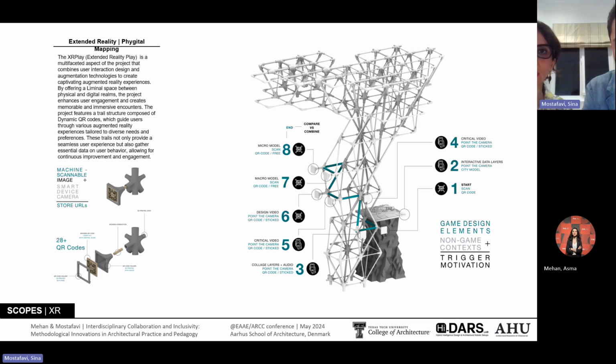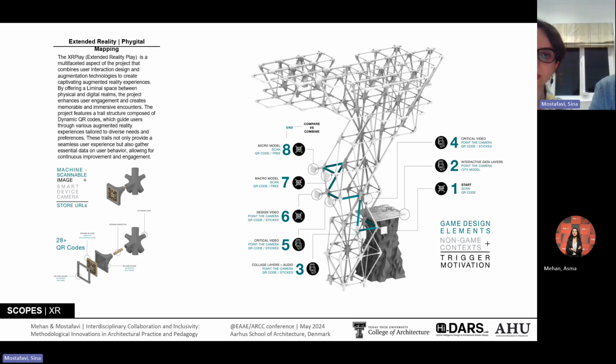So in our urban heritage and urban context exploration in both cities, XR Play, or extended reality play, the digital part also acts as a bridge between the past and present, creating a digital layer over the cityscape. And by leveraging interactive design and augmented reality, the main idea was to breathe new life into historical narratives and also offer users an immersive experience that connects them with the stories and with the significance of